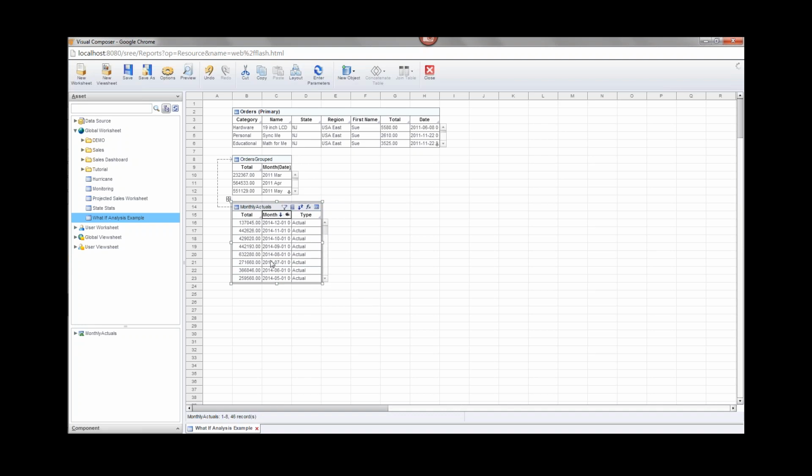So that's my monthly actuals. Now what I want to do is create another table that will give me my monthly projected values, which is basically going forward into the future. Now before I do that, of course, those projected values are going to be based on some model, right? I'm not just going to pick random numbers. The idea is that I'm going to use some model of growth that will take me from the present into the future. So before I create that table of projected values, I'm going to define the parameter in my model,